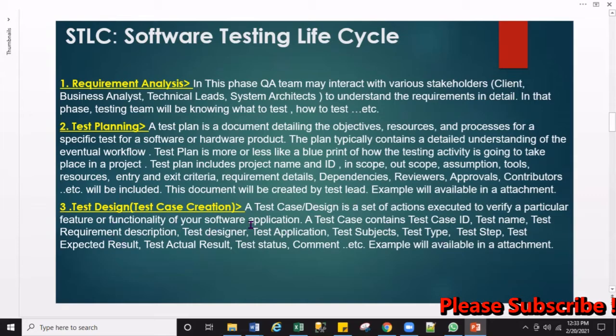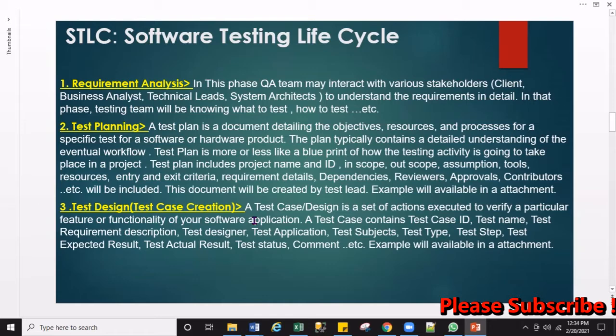Once the test plan is created and approved by the upper management team, the testing team will start creating the test cases. You can say creating the test cases or designing the test cases. Both are the same thing. This is a technical word that some companies will say.